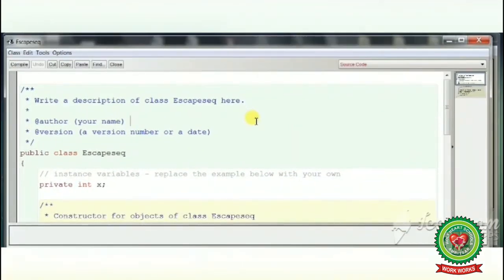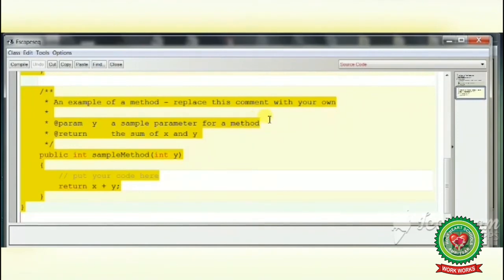Press Ctrl+A and press the delete key. Now we will write our code. Public class. As you have written the class name with the first letter capital, here you will also write the first letter capital: EscapeSEQ.